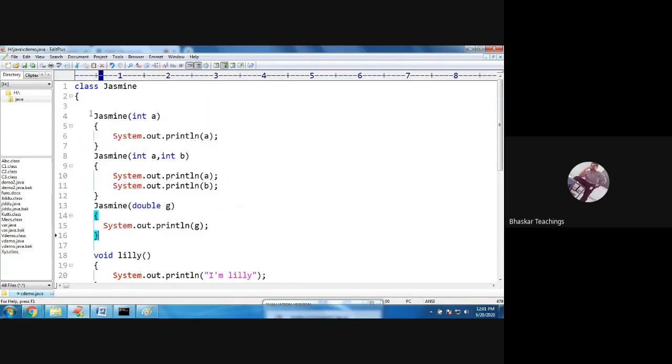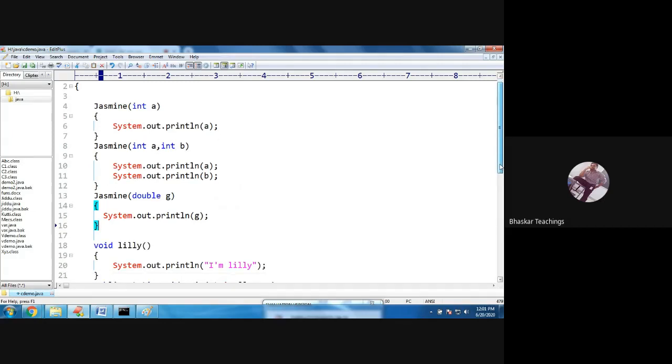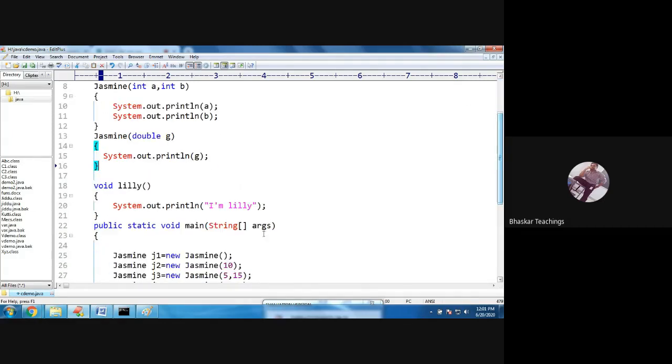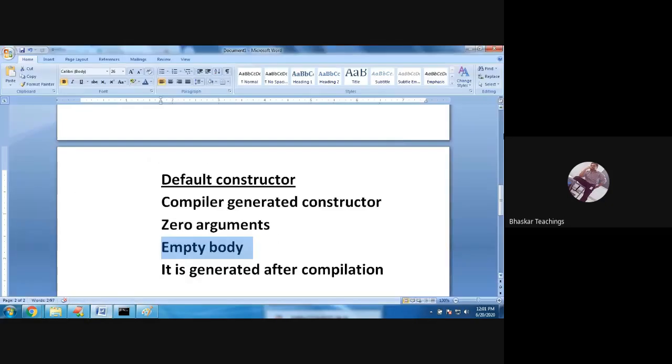Of course, if there is at least one constructor in your class, the compiler is not going to generate a default constructor. That is why there is no zero argument constructor here, and this line is producing an error. Is that clear? So here you should note one point: if the class contains at least one constructor, the default constructor will not be generated.